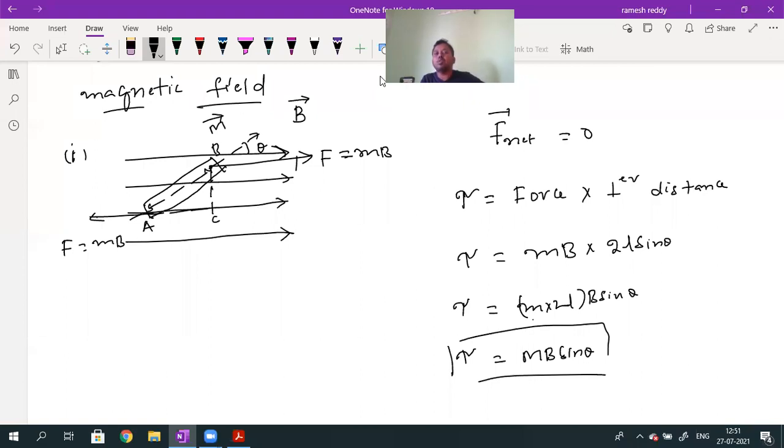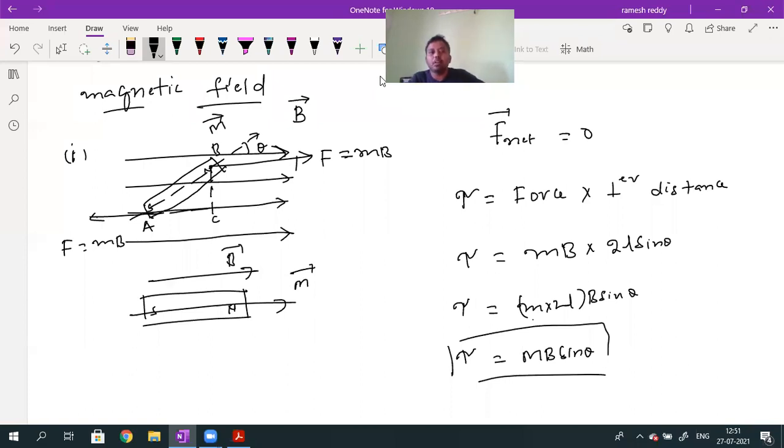The bar magnet will rotate until it aligns in the direction of B bar. Because of the torque, finally what happened to the bar magnet? It will rotate and align. In what direction will the bar magnet align? This is the north pole, this is the south pole. The bar magnet will align in such a way that M bar and B bar both become parallel.